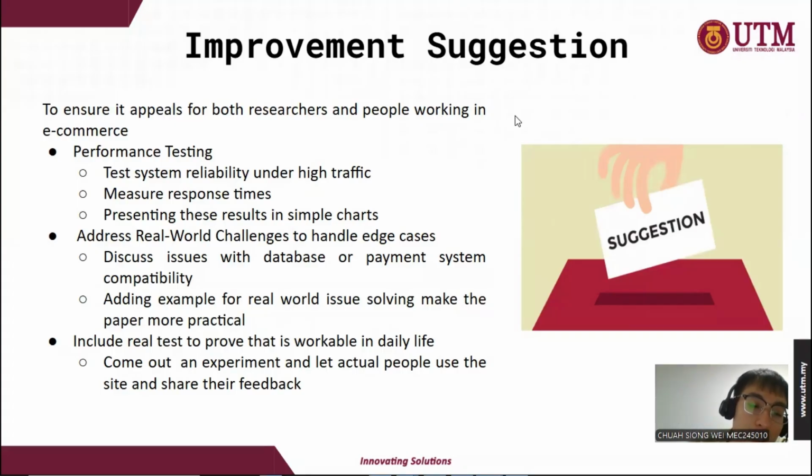The second one is to address real-world challenges and handle edge cases. It discusses issues with database or payment system compatibility, then adds examples of real-world issue solving, making the paper more practical. The last one is to include real tests, to provide something that is workable in daily life. So it would run an experiment and let actual people use the site and share their feedback. So next,